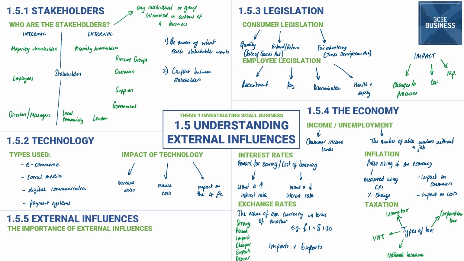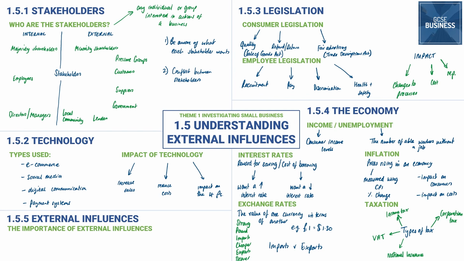If it is a strong pound, it means imports are cheaper, exports are dearer. So if the pound is worth more dollars or more euros, it means when we're buying something from abroad, we get more foreign currency for each pound, which means we can buy more from abroad for the same amount. What it also means, though, is that if we're exporting to another country, foreign consumers will have to transfer more of their money to get the same amount of pounds.